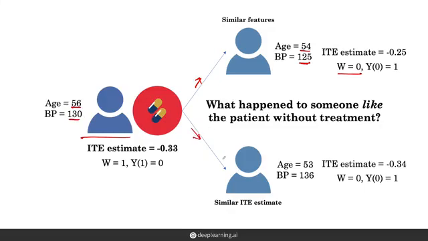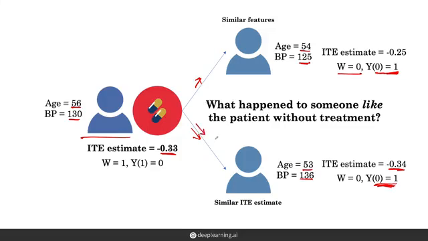The second way is to find a patient who has a very similar estimate of treatment. Here, the patient is a little less similar in terms of age and blood pressure, but is more similar in terms of the estimate of the treatment effect. For both methods, the matched patients have an outcome under control of 1. Both methods here are appropriate for the evaluation procedure we're running through, so we will stick to one, the second one, for clarity.